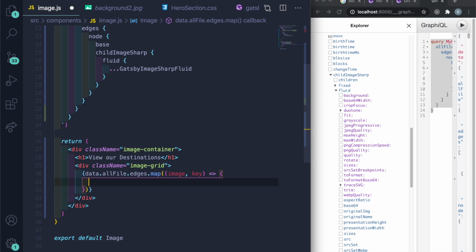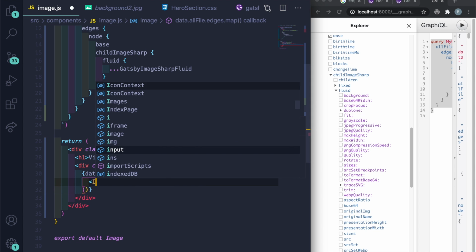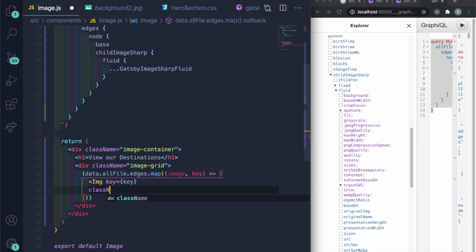Actually, let me command C. This shouldn't be curly, it should be parentheses, so it just returns it. And then we're going to say img. This is the way you do it in Gatsby. And then we're going to set the key equal to key. Let's do a className equal to image-item. Let's do fluid. So this is how you can add the actual properties. So let's do fluid curly brace